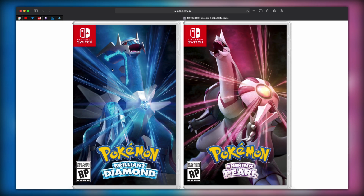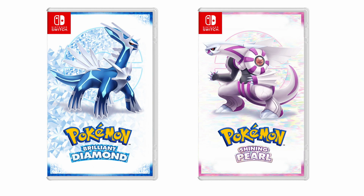Like, we had images of Dialga and Palkia from back in February, and I could just take those images right now and tinker around in Photoshop for 5 minutes and put together a box art like this. And you could tell me right here, this box art is definitely passable, right? Like, if this box art really did exist and was the real deal, of course it doesn't look really insane, but this box art could have definitely been sold in stores and people still would have bought the games